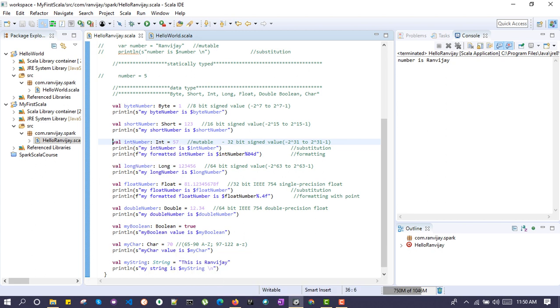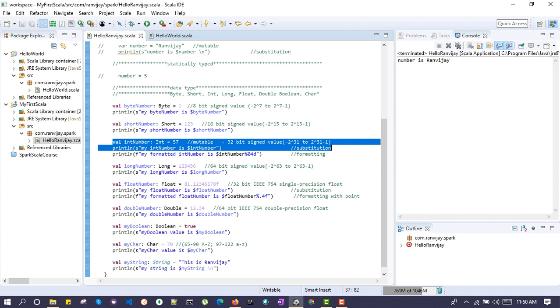So Int has also been defined. We have defined the variable name, then Int, and assigned some value. It is a 32-bit signed value ranging from minus 2 raised to power 31 to positive 2 raised to power 31 minus 1. And we have displayed the number over here.